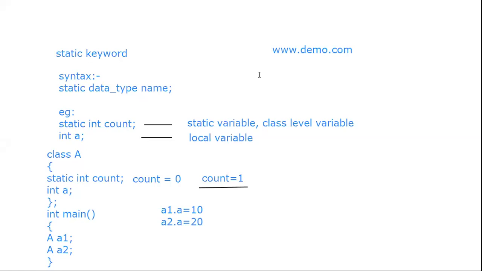In that case, if I am using the local variable integer a to find out the number of visitors, what will happen? Assume that the number of students is the number of objects. Every time a new student visits that website, with the local variable, a new value is created or a new value is initialized with respect to that counter.